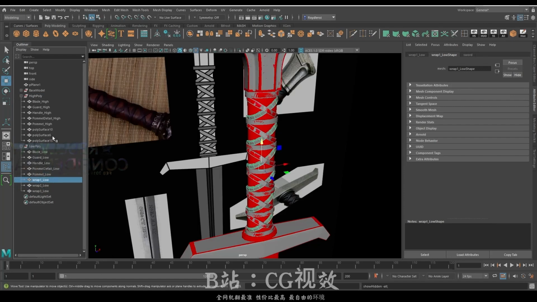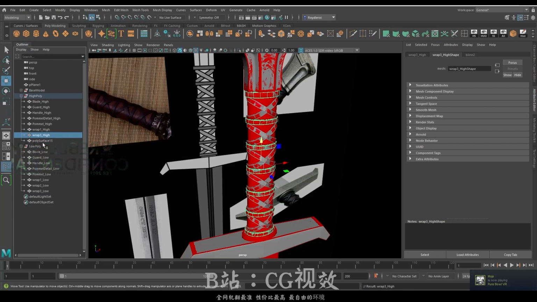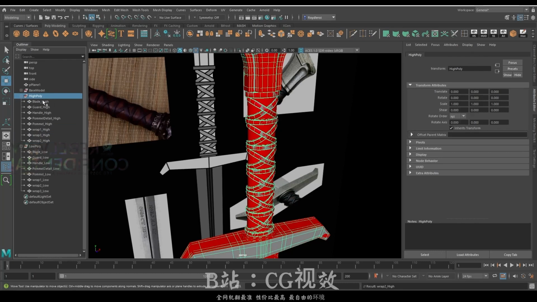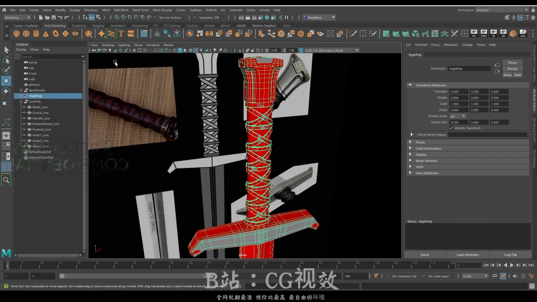So wrap 1 is this one here. Wrap 3 is that one. And then this one's wrap 2. Perfect. Okay, so what we're going to do now as well, if we save this,